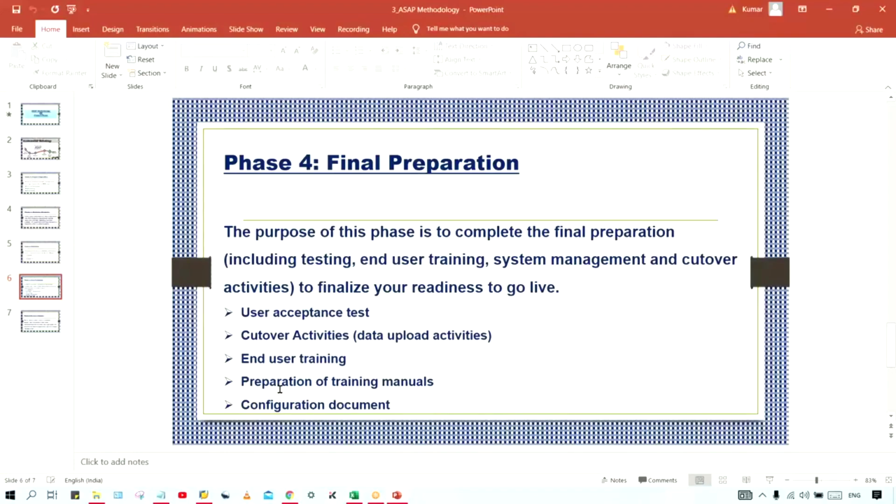So forget about the client audit, they will check all the configurations and all. But if you talk about internal audit, right? Your own company also is going to send certain auditors, and these people will check whether we have followed all the standard processes or procedures or not, right? So the standard procedure says whatever activities are going to be performed, they must be documented, whether it is configurations or testing. So for unit test, you have to prepare a document. For integration test, you have to prepare a document. Likewise, for user acceptance test, UAT, at that point of time, also a document needs to be prepared, right?